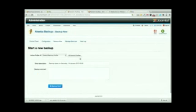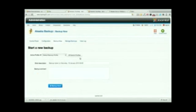Can I just ask something about the exclusion? Yep. My mind's just sort of leaping forward, thinking back to do a full site restore. Does that exclusion thing work by always saving a complete set, but only kind of backing up on top of the complete set files, the ones that you haven't excluded? Do you know what I mean? Like what I'm wondering is how does the system know